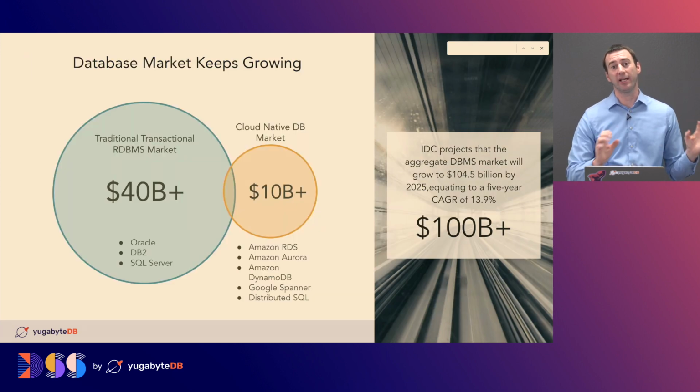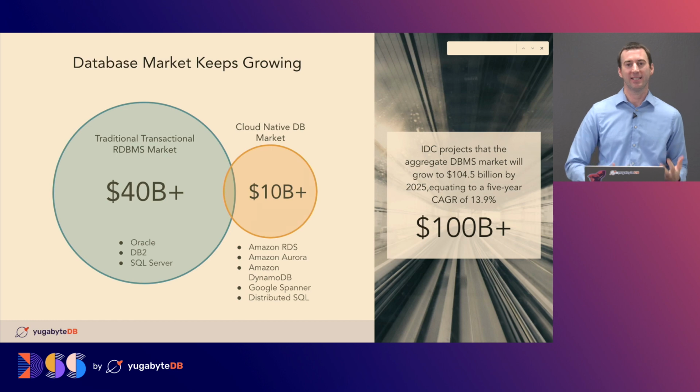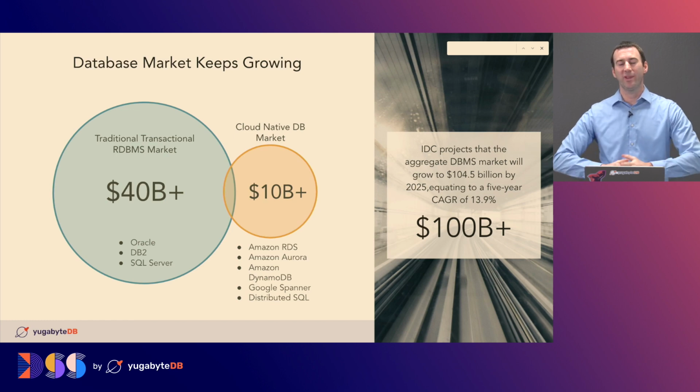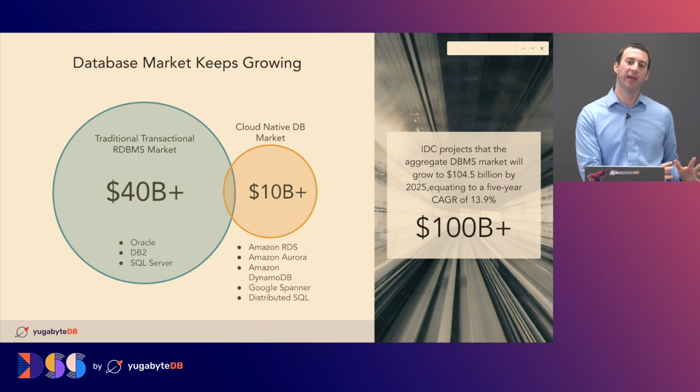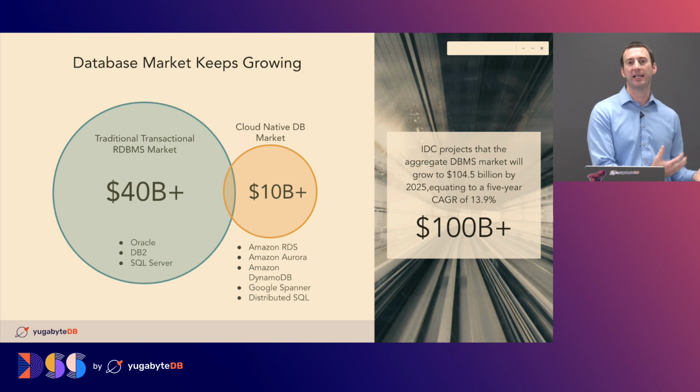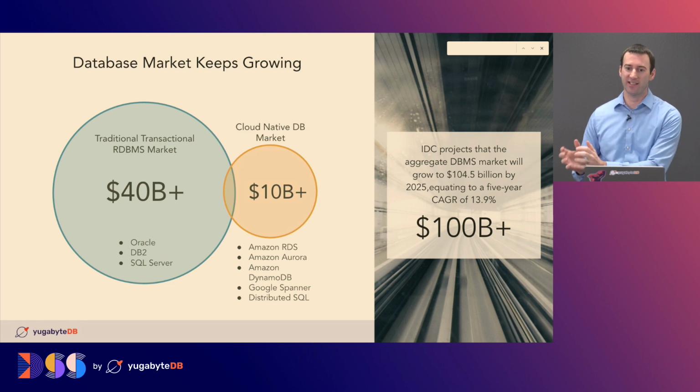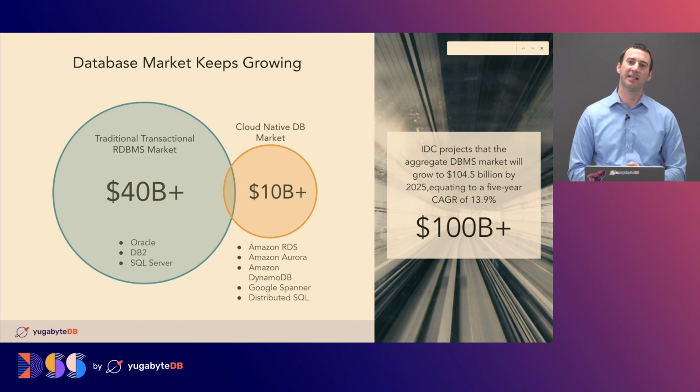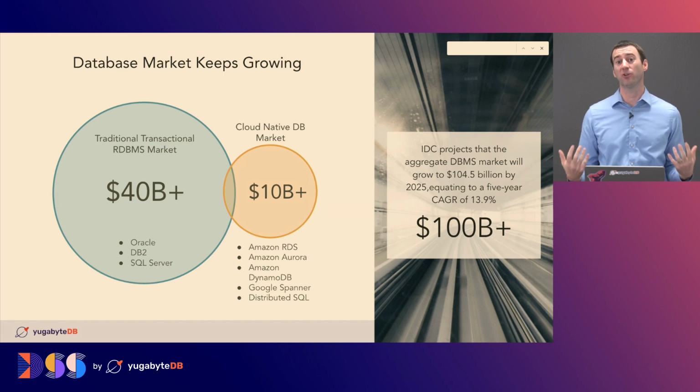And if you look at that middle layer, just clicking into the numbers there, it's a huge market. Every analyst has different numbers here, but it's easily a $50, $60 billion market, with 80%, a majority of the spend, still going into that classic, monolithic relational database system bucket. Now we're starting to see the emergence of cloud-native databases grow and some adoption there, but there's still a huge opportunity to go. And IDC projects this market's just going to keep growing.